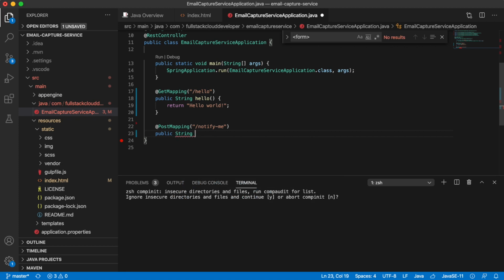And so we're going to make it public, and we're going to return a string. And let's just call the function notify me in Java format. So no dash. We just say notify me, and then use the parentheses. We'll take no arguments at this time, although we will be taking some shortly. Okay, so we're going to receive the call, and the simplest thing we can do here is just return notify me,